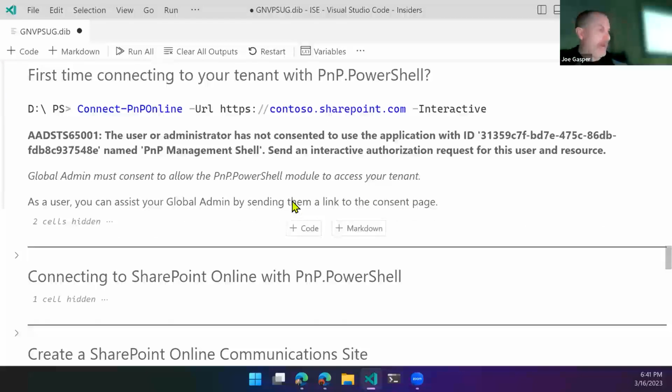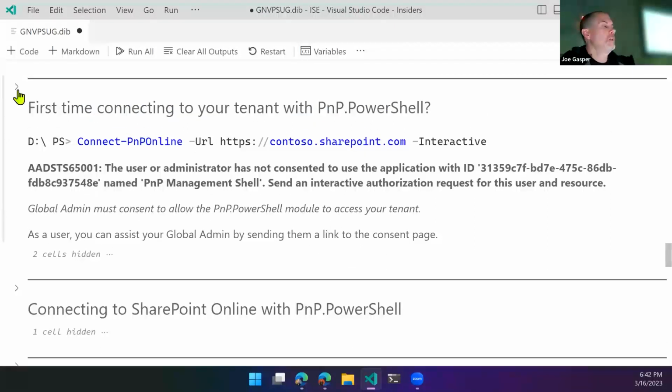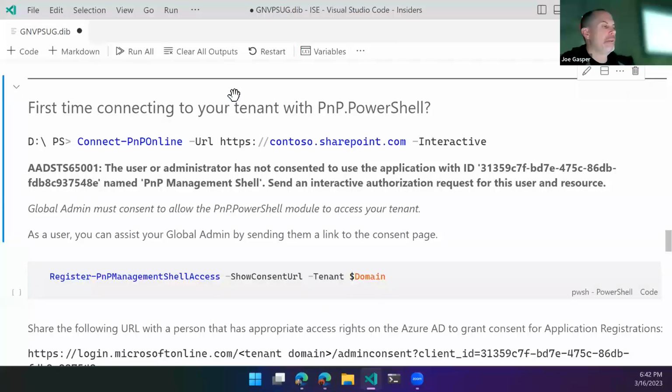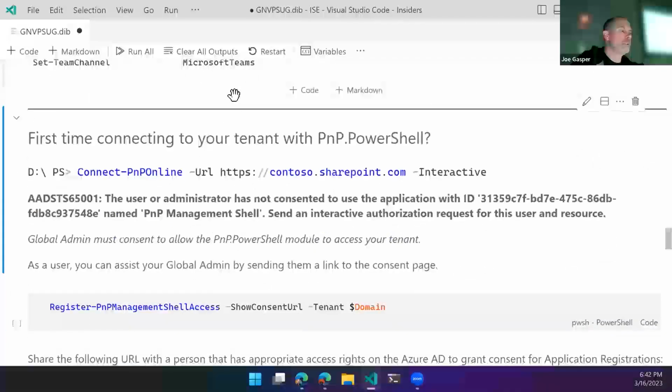Some fun issues might show up if you've not run PnP PowerShell against your tenant ever. I would be surprised, maybe with a small tenant where you're able to do everything in the browser, if you haven't encountered it. But the first time you run this against a tenant, you're going to get blocked, and a global administrator needs to consent to this tool accessing and touching your organization. It can look a little scary,